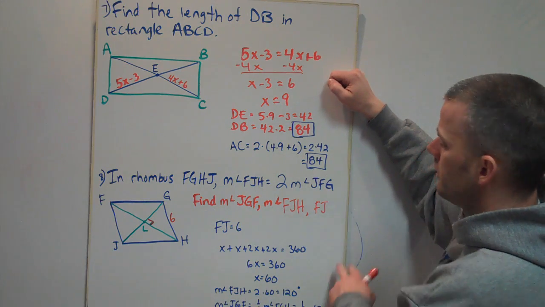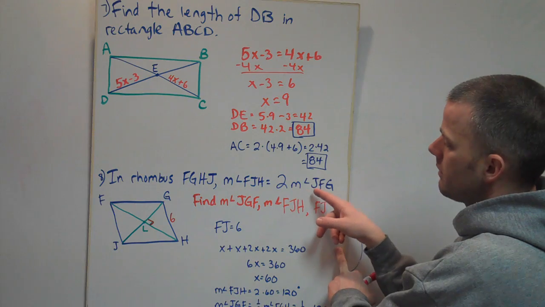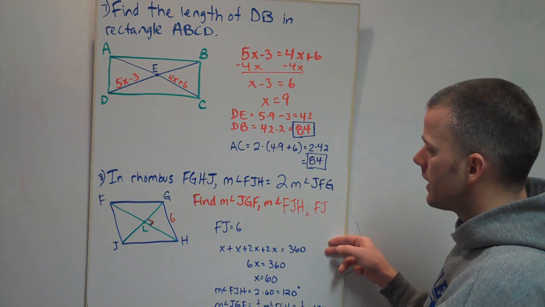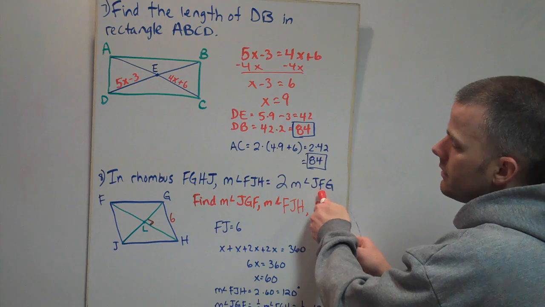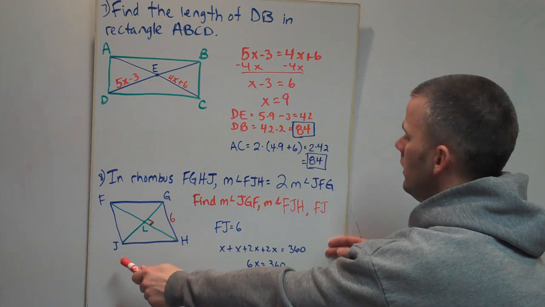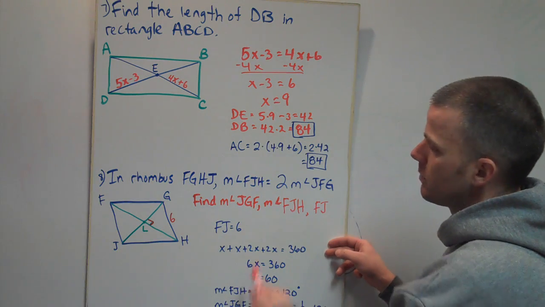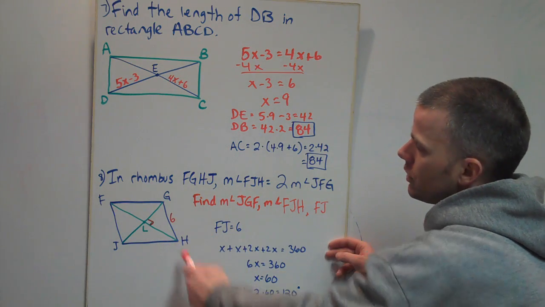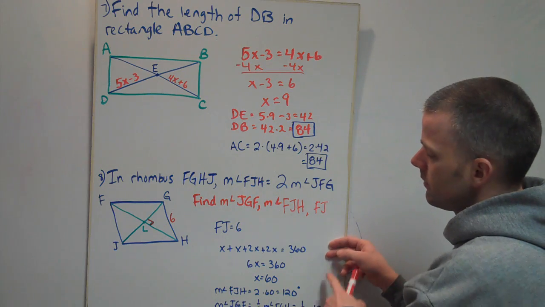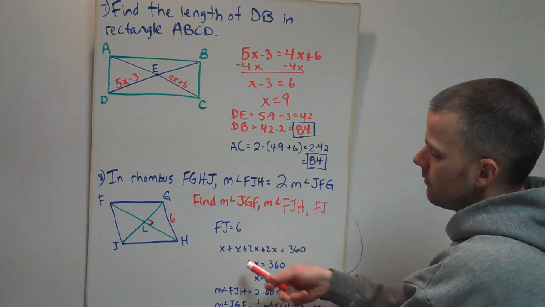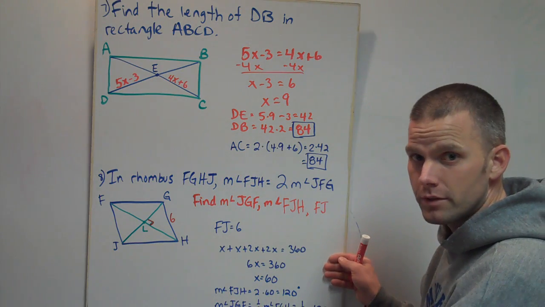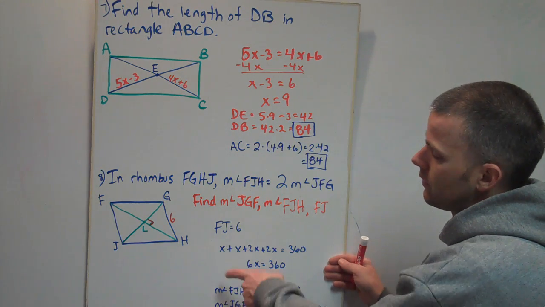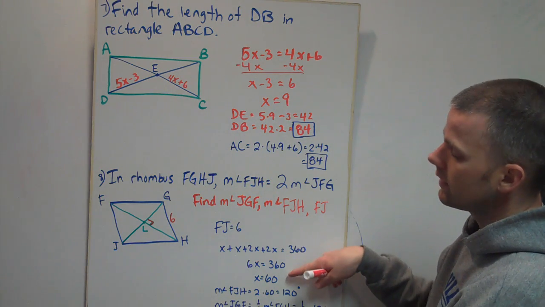Now, in terms of our angle measurements, knowing that angle FJH is equal to 2 times the measure of angle JFG, what we can do now is say that angle JFG is x. And so if that angle is x, its opposite angle will also be x, which makes angles FJH and the angle opposite it, which would be angle FGH, 2 times that amount. So each of those would be 2x. So hopefully you can see here we've got x plus 2x plus 2x. So we're adding all 4 angles together, and that should equal the total amount of degrees inside of a quadrilateral, which is 360. So we add up our x's, we get 6x, set equal to 360, divide,